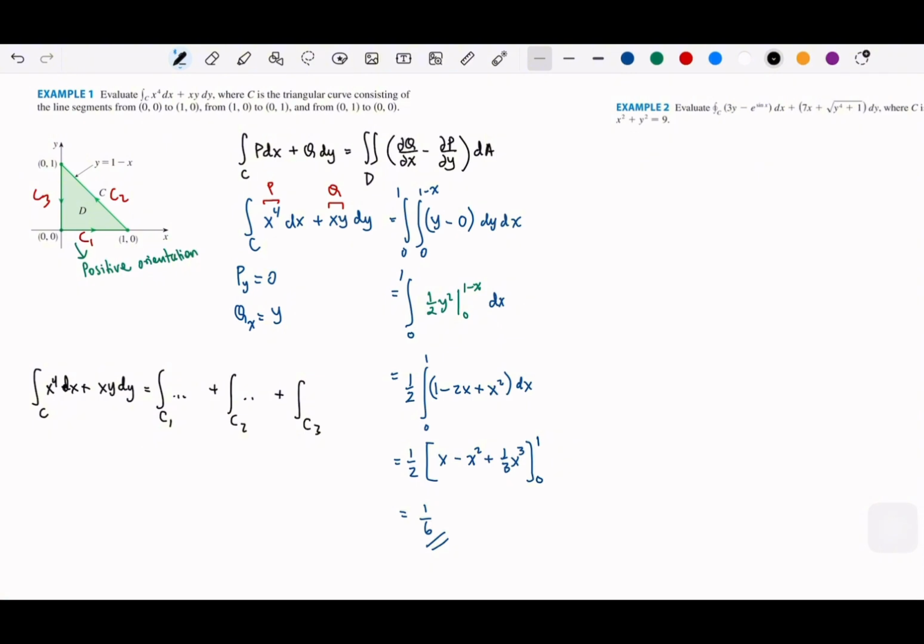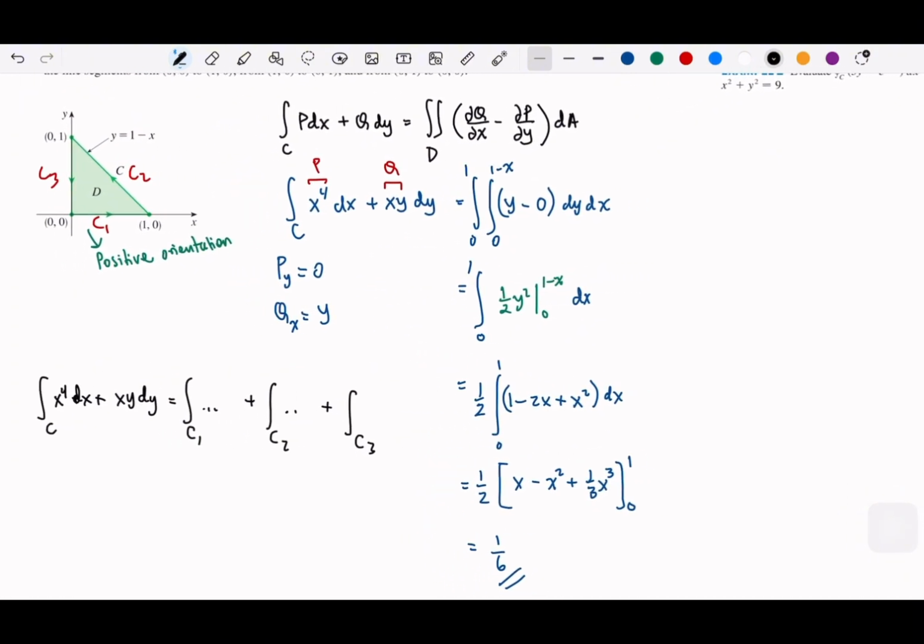We can also separate this into 3 separate line integrals, C1, C2, C3, and then for each one of them we can set up which one is the constant, okay? Which one is the one that will be the variable,